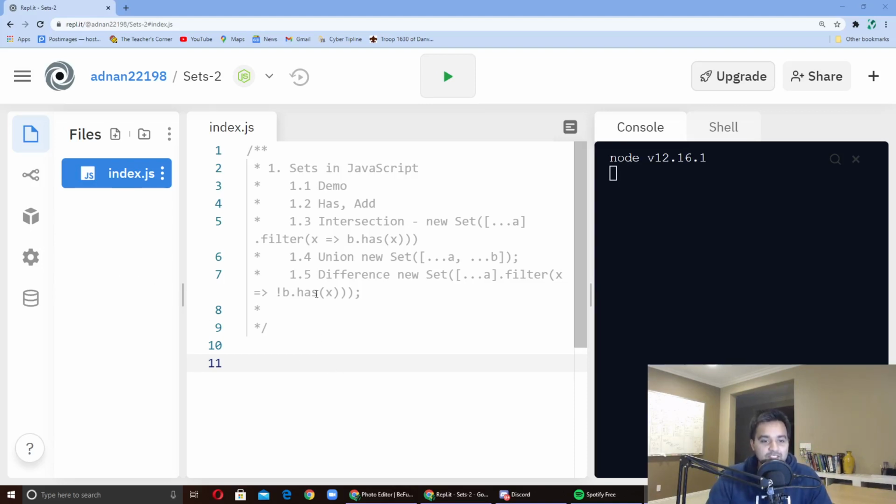Alright, let's begin. So I'm going to do a demo of what sets are. I'm going to show you two methods that are really important when it comes to sets. And then I'm going to do these three things that you've probably heard of before: intersection, union, and difference. For those of you who did probability, you've probably worked with sets too, and it's exactly the same